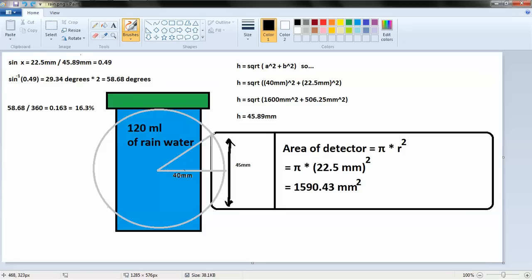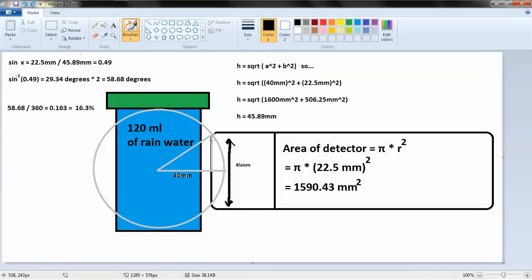This is about 30 millimeters length, about 10 millimeters length to here. So we're looking at 40 millimeters. If I say milliliter, I mean millimeter. 40 millimeters length total. And we calculate this angle right here is the hypotenuse simply by Pythagorean theorem. Hypotenuse is square root of a squared plus b squared. And so we just put in the numbers for 40 millimeters and 22.5 millimeters, and we come up with 45.89